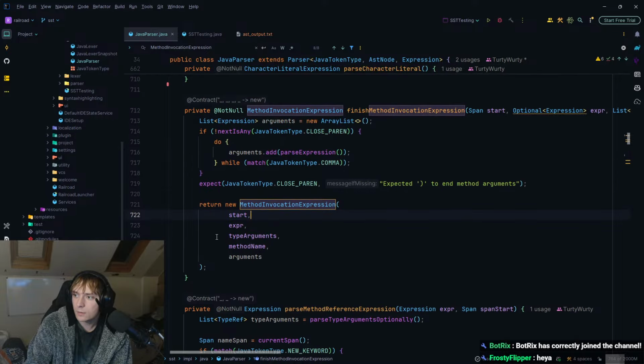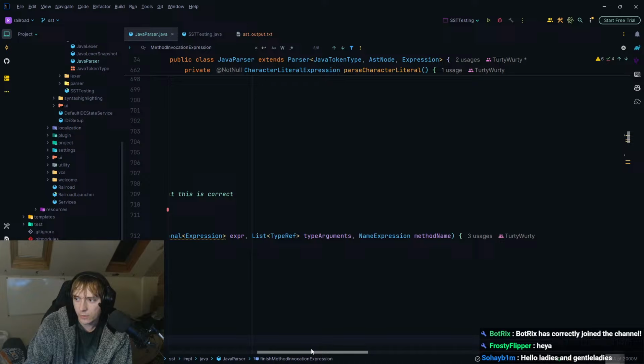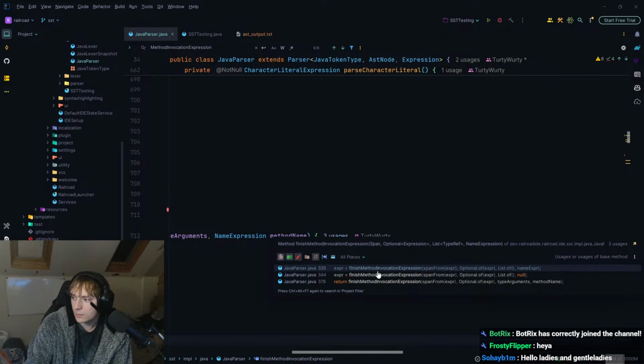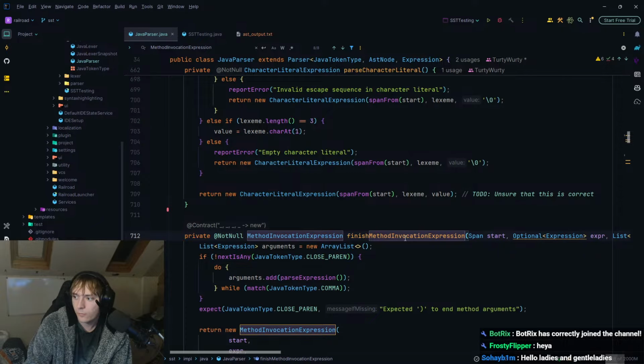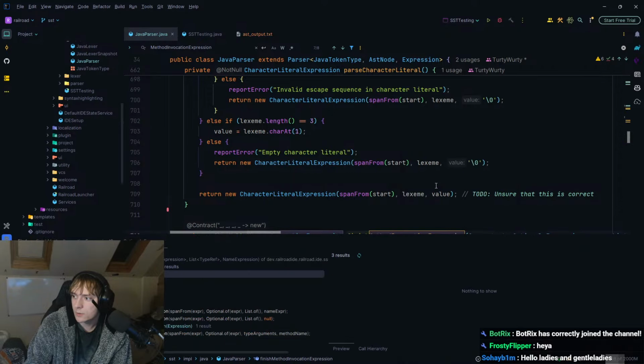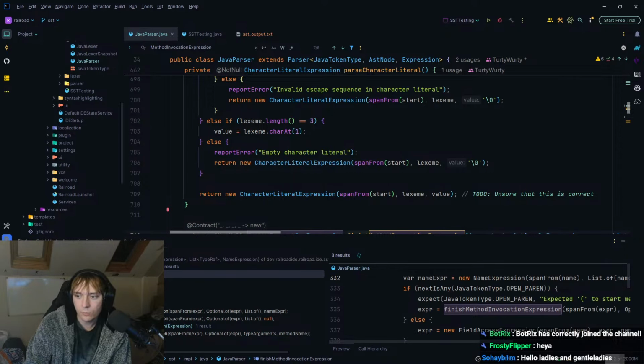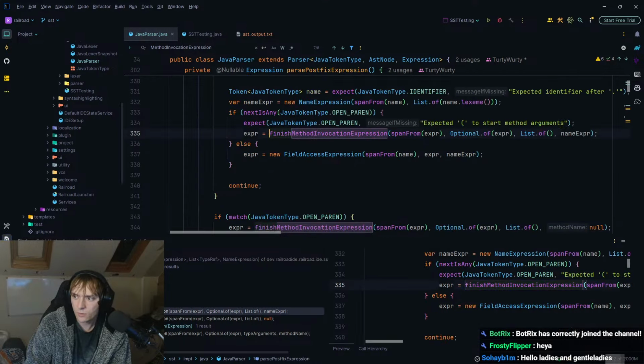It's in the start. Okay, so this is where it finishes. But where is this actually called? So if I go find usages, we can see all the different places this happens. So for example, this one is in postfix.